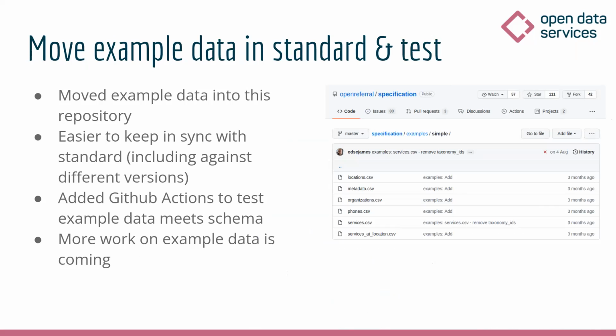And to help with that, we've also added GitHub Actions continuous integration so that anytime someone who is working on the example data or working on the schema pushes up some new code, the continuous integration server will automatically run and test that for you, test the schema against the data package, test the example data against the schema and make sure it's correct. And that will help keep the example data in good shape. I think we're looking at some more work on the example data, just in terms of what's actually helpful to show and how it's helpful to explain concepts.